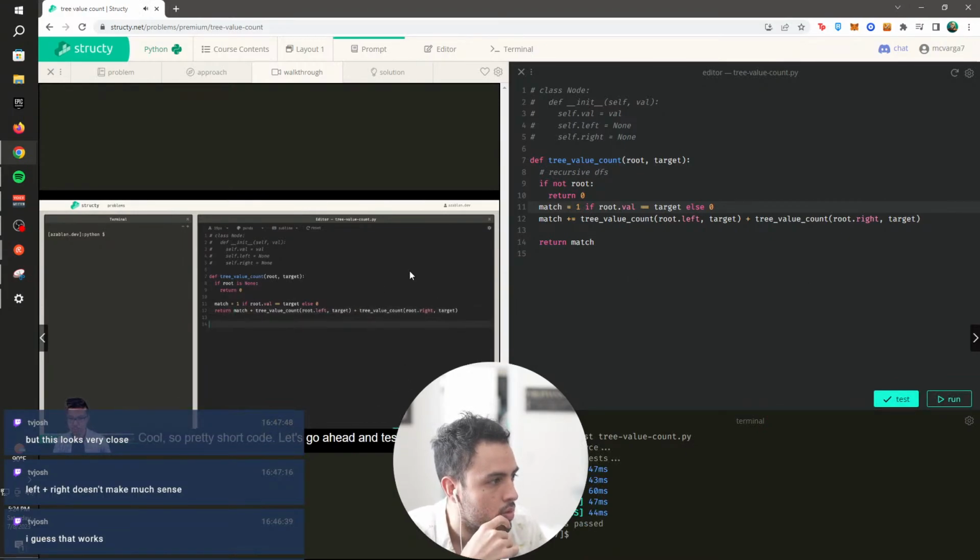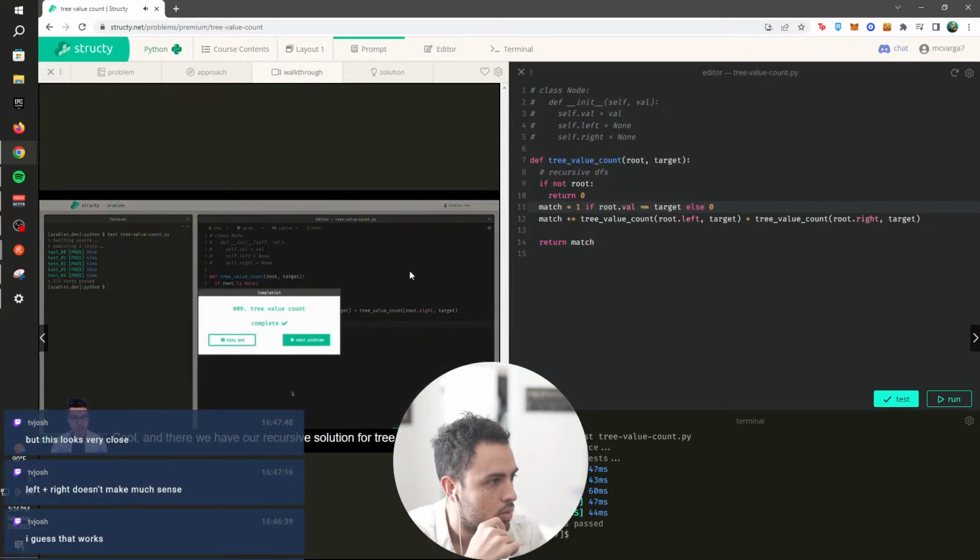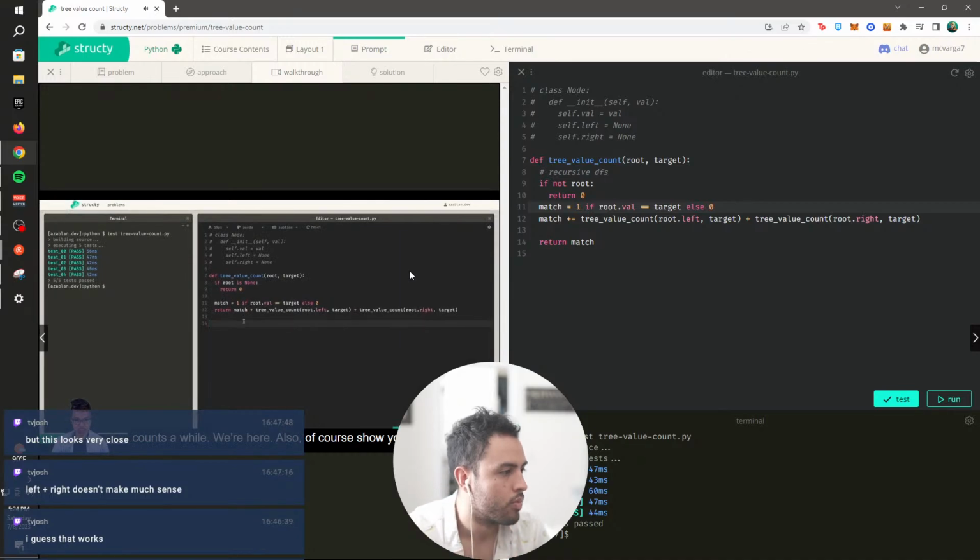Cool, so pretty short code. Let's go ahead and test this for Python. Cool, and there we have our recursive solution for tree value counts. While we're here, I'll also, of course, show you maybe